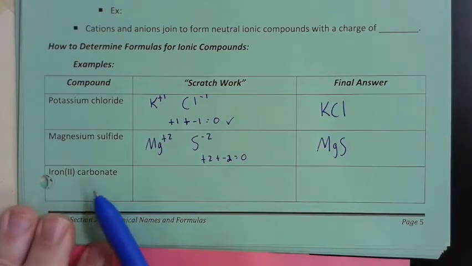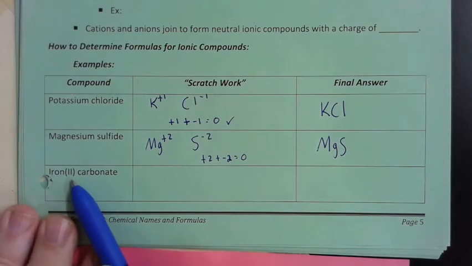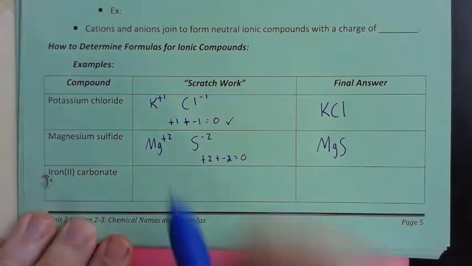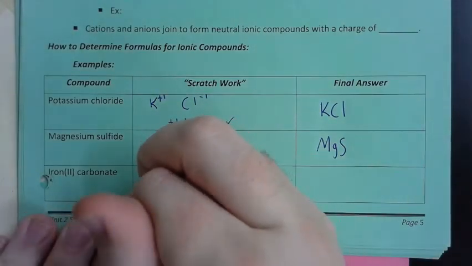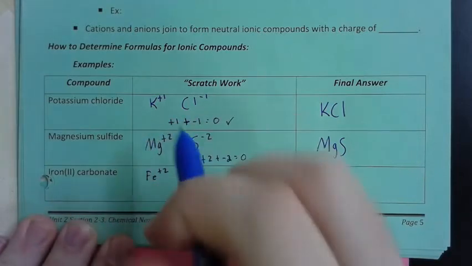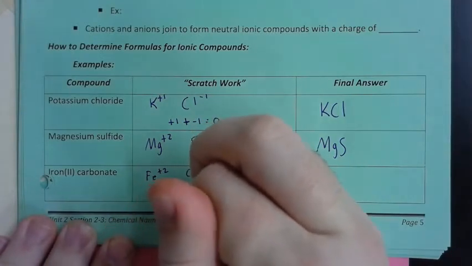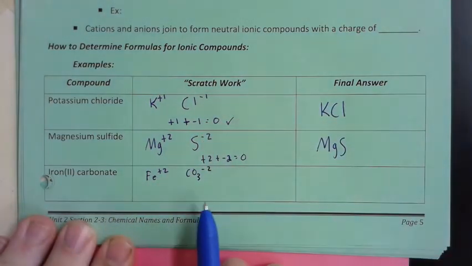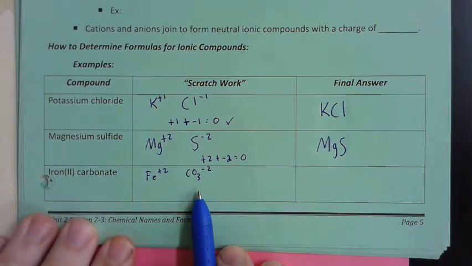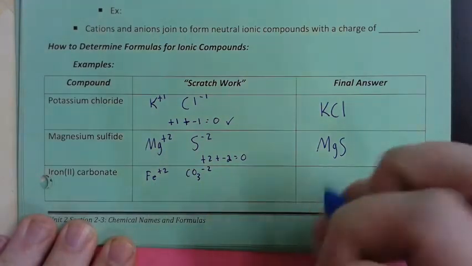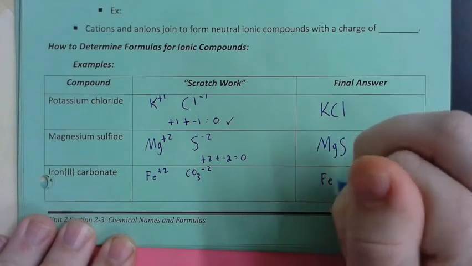Here we have iron 2, right? This Roman numeral 2 means I have a positive 2 charge of iron and carbonate. So we want to find those ions. Look on your pink paper. So we end up with Fe plus 2 for iron and CO3 minus 2 for carbonate. All right, another easy one, our charges are already equal and opposite. So I don't need to add anything more. It would just be FeCO3,